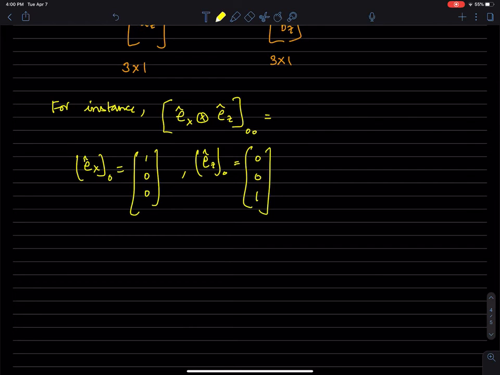So this one is going to be Ex times Ez transpose, and that's going to be equal to,